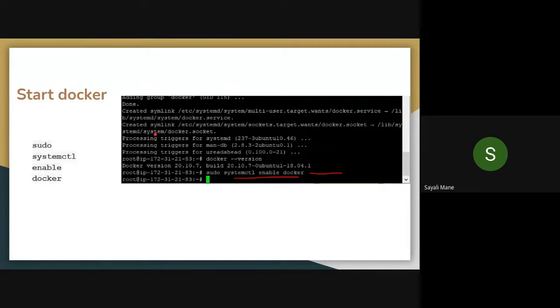Now, since we have installed Docker and we know which version is there, to start Docker, you have to type this command: sudo systemctl enable docker.